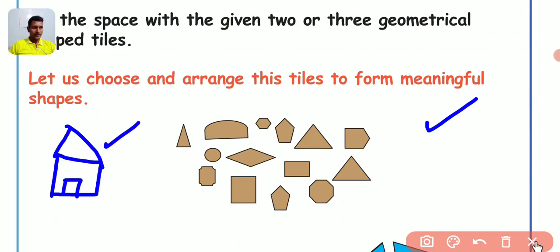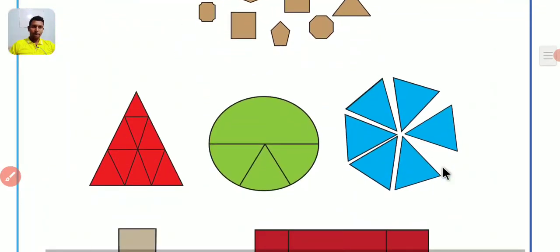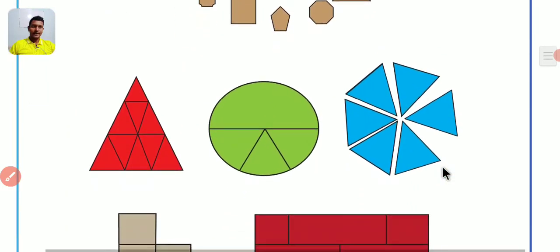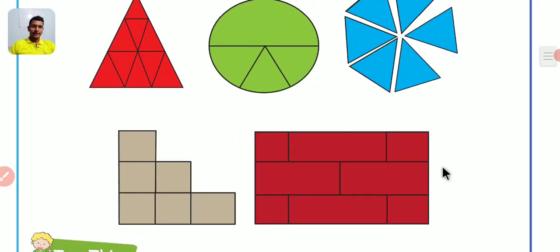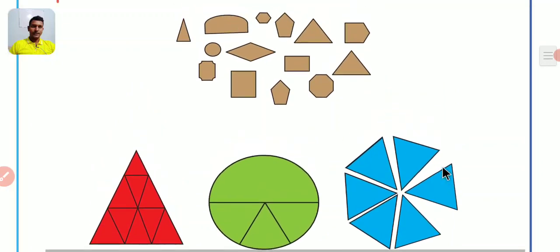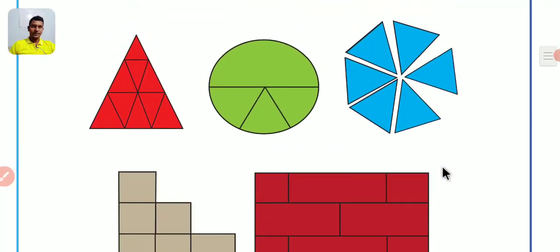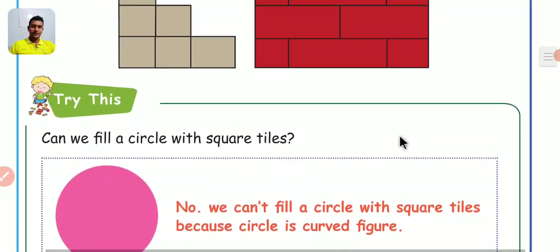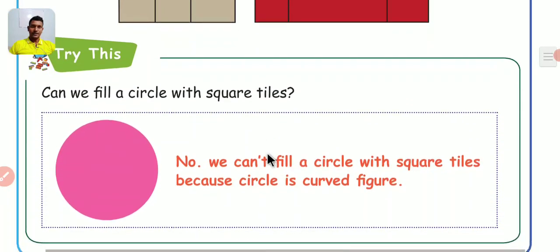Okay, and here they are giving some pictures by using the shapes. You just see. Okay, here